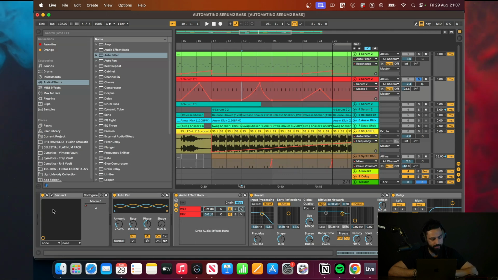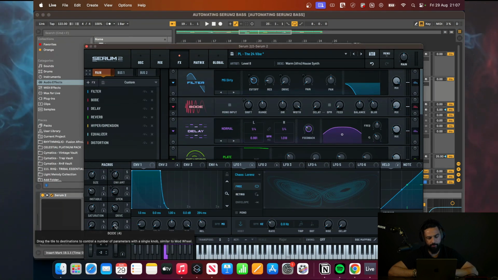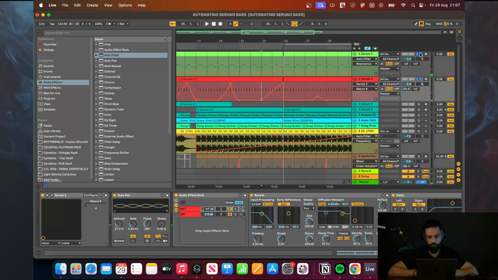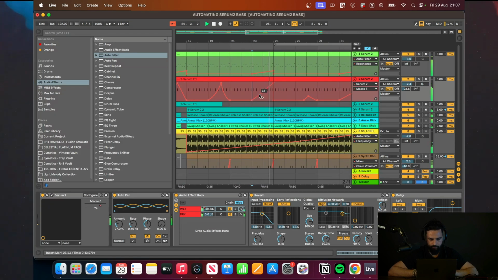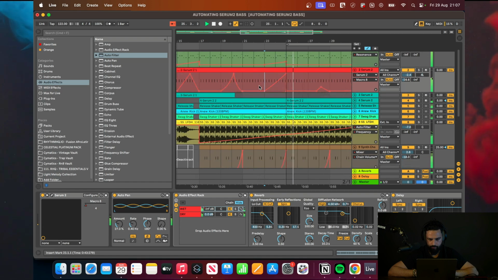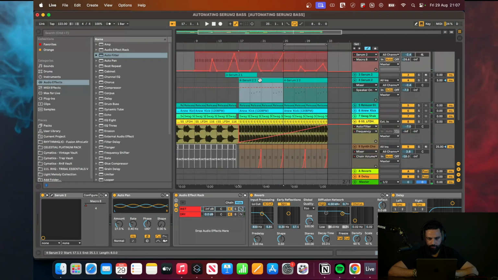So this is a technique that I like to use. It's called the Bode effect. So we can map this to macro 8. And in context with the whole beat, it sounds like this. When we come to this sound here,